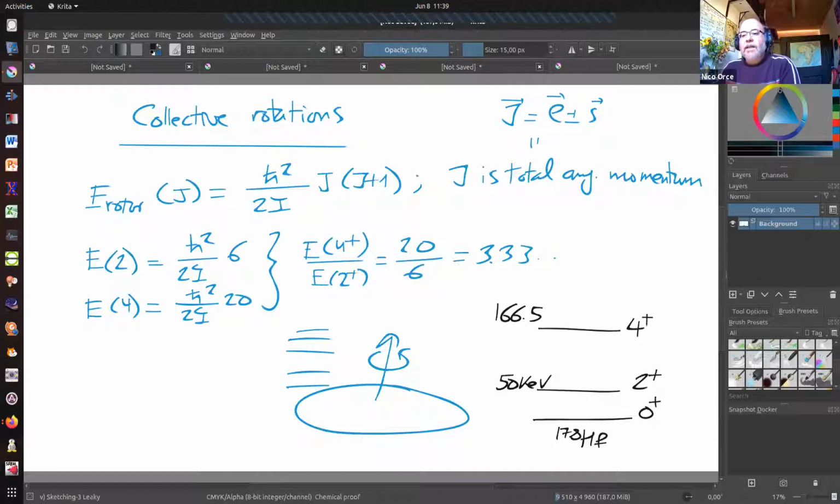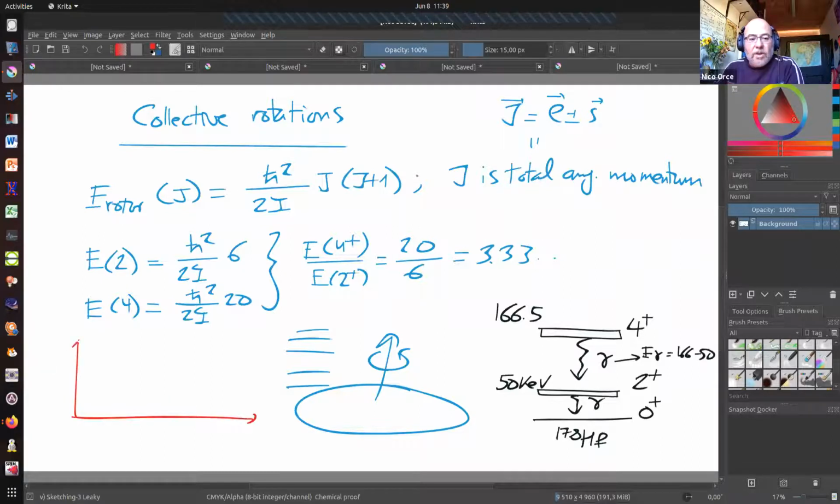We can make it easier and say, let's say 100, and this will be 333, right? But remember now that the energy of the gamma is always the energy difference between the two states, right? It's not 166, the energy of the gamma, but it's the transition between this level and this level. So the energy of the gamma will be 166 minus 50, right? And this is what we will see in our